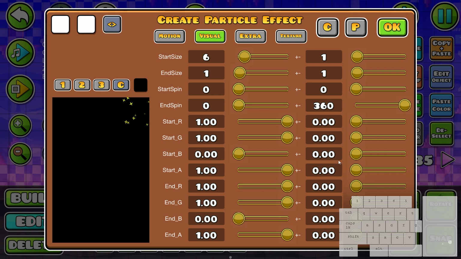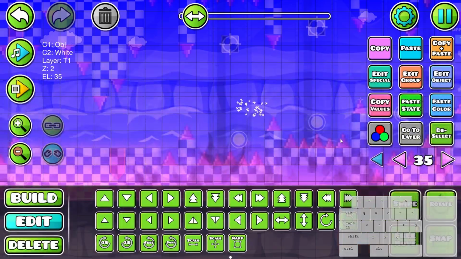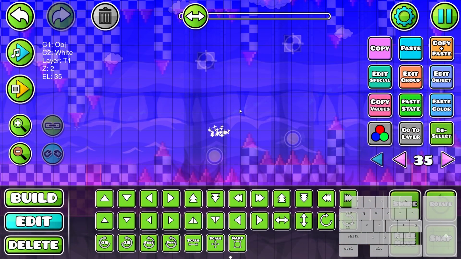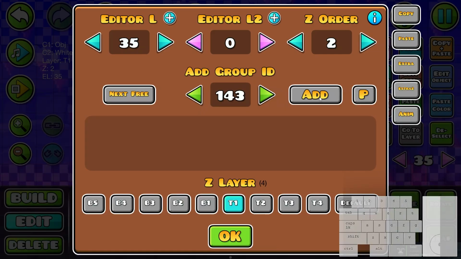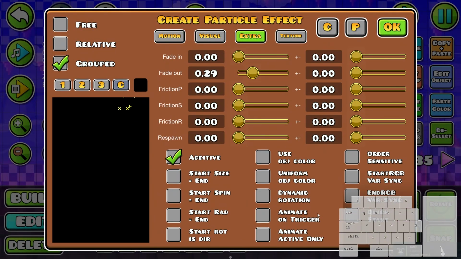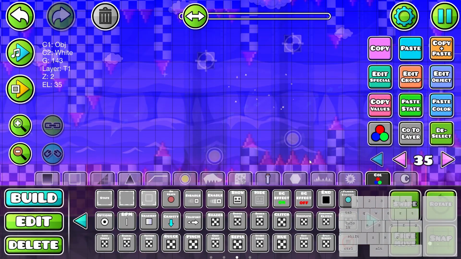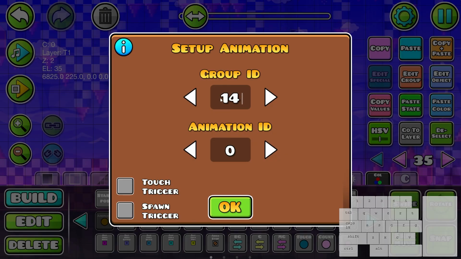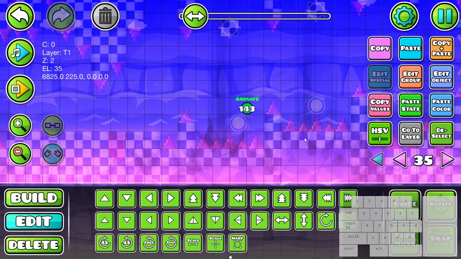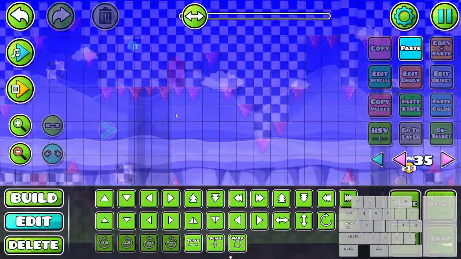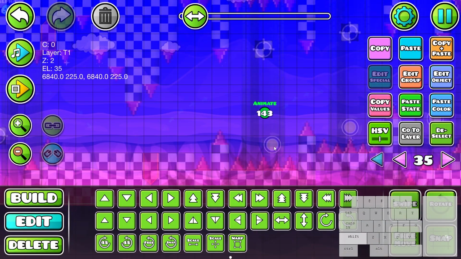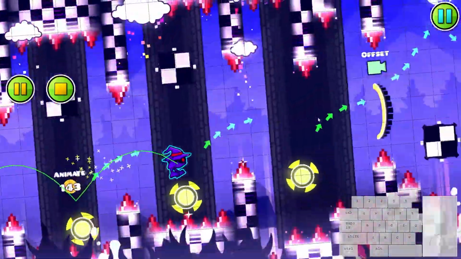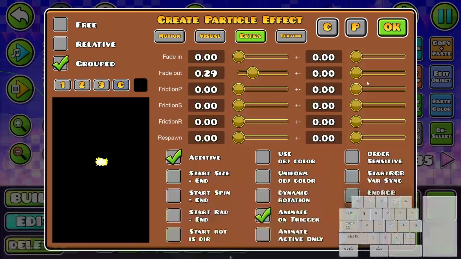Make it very yellow, maybe a bit more variation at the beginning, and just make sure that the speed is high so that it goes through these guys. And we're gonna give this a 1, 4, 3, and we're gonna make it animate on trigger and quick start. And now 1, 4, 3, we're gonna animate over here. So now if you guys take a look at this, actually I'm gonna make it kind of like here, like so. And now you guys will see that if I click this orb, it's gonna send these beautiful particles